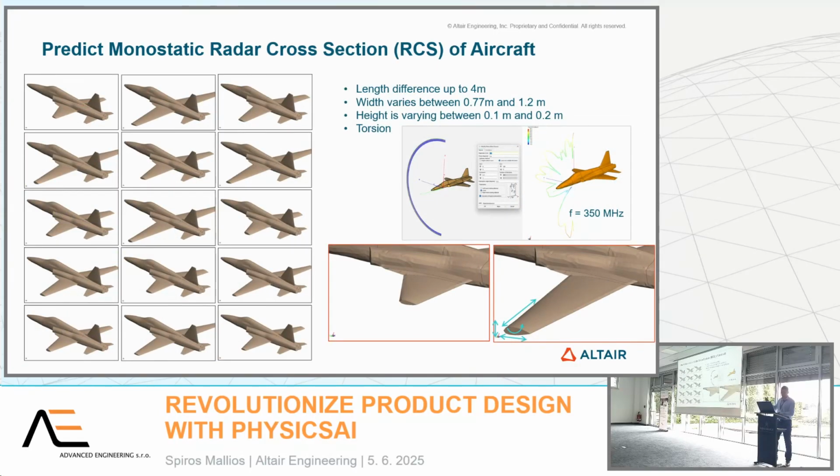I have another example here, again in the aerospace and defense industry, where a very common need in the electromagnetics field is to predict the radar cross-section. The radar cross-section is basically an indicator that tells you how detectable an object is to radars. Of course, this is very relevant to the defense industry because they want to create stealth